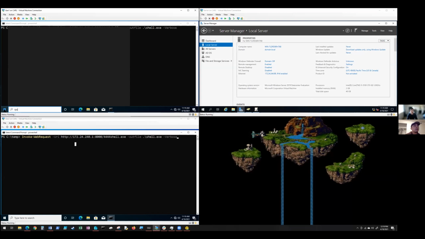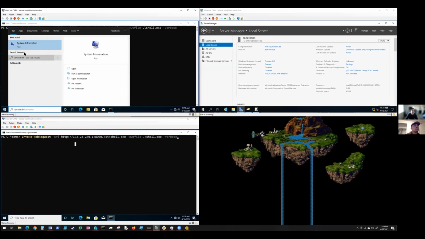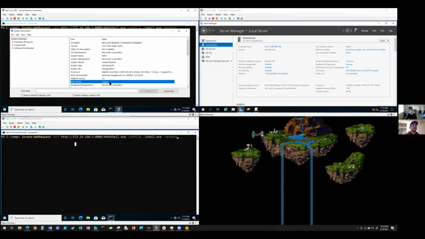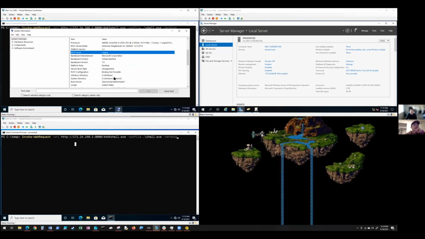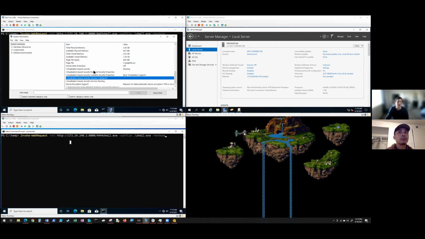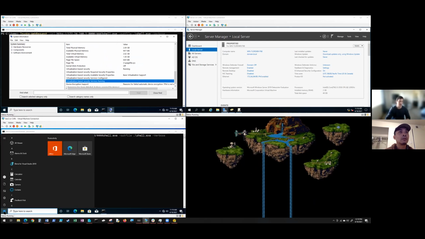traditional BIOS. I should pull up system information while I go over this here. Let's see. So BIOS mode is legacy. UEFI mode is required for Credential Guard. The secure boot is also required. That's unsupported on this Gen 1 because it is in traditional legacy BIOS mode. And we can see here that the virtualization-based security services configured and running are nothing. It's blank. And so I'll look at Gen 2